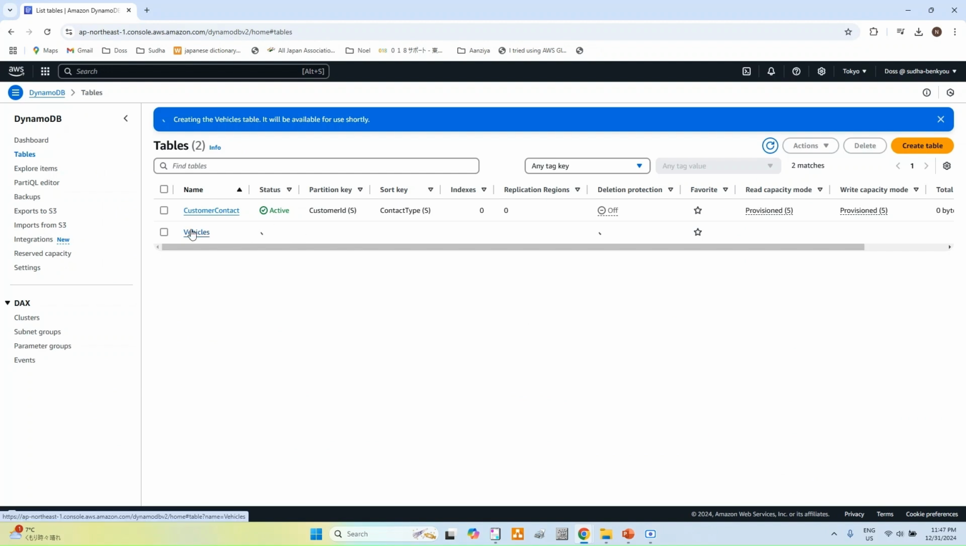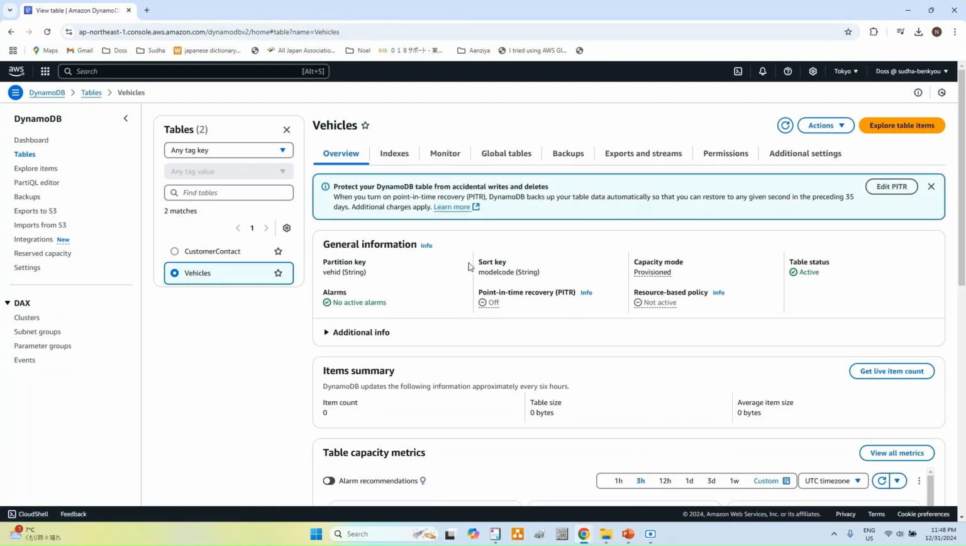This may take a few seconds. Let's wait until the table gets created. We can insert data and see whether the secondary index is created properly or not. Yes, the table is created. You see here the index count of 1 is shown. Now let's go to the vehicles table